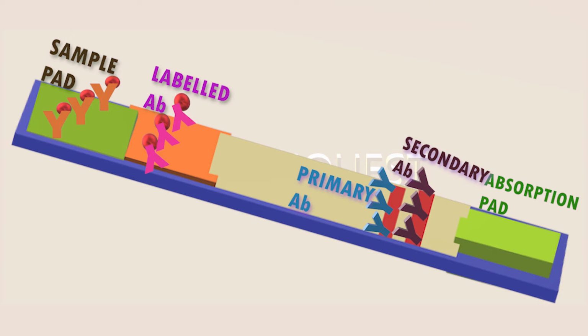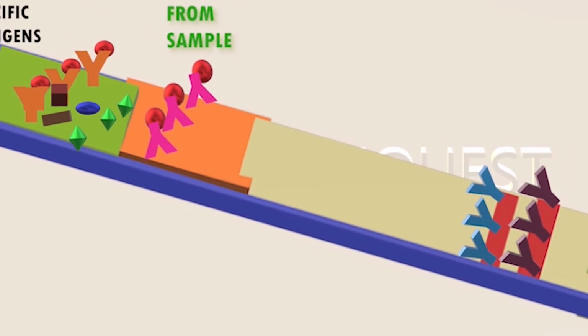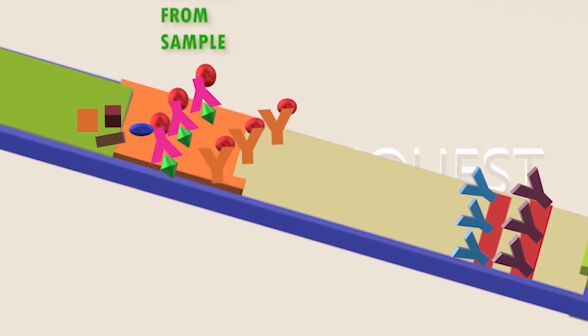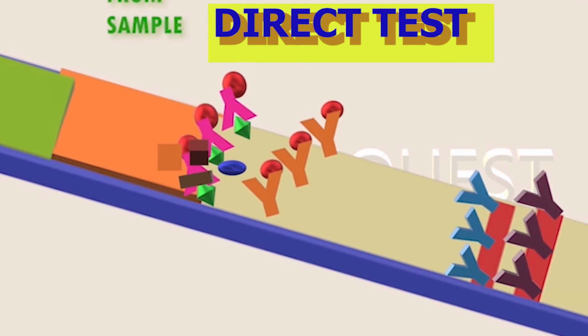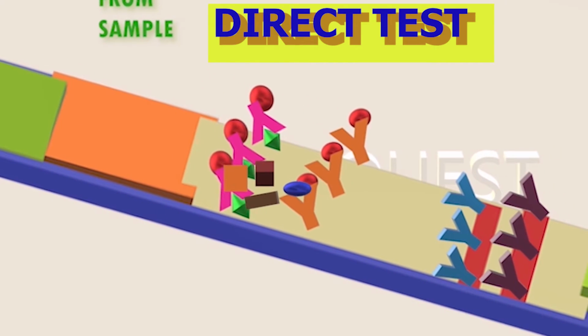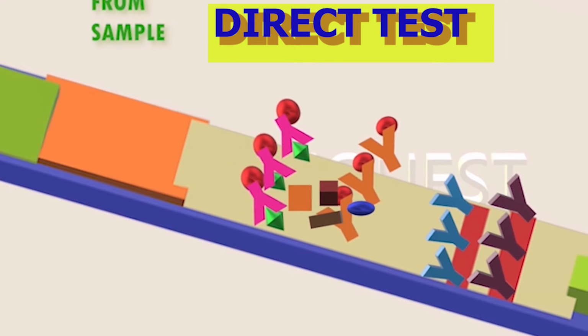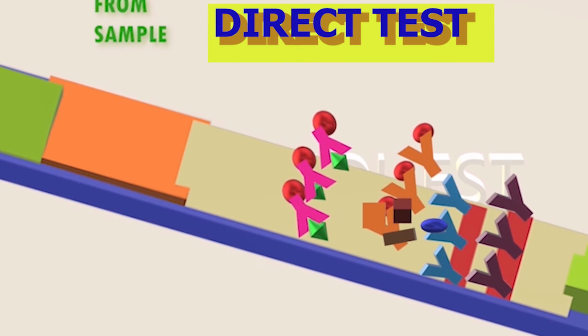This is a porous nitrocellulose membrane with specific antigen or antibody immobilized in lines. They react with the analyte from the sample bound to the conjugate antibody. Recognition of the sample analyte results in an appropriate response on the test line. The proper flow through the strip is indicated by the control line. Direct and competitive methods are used.